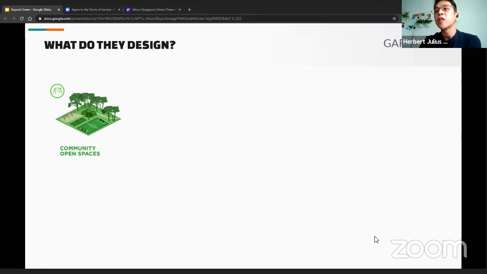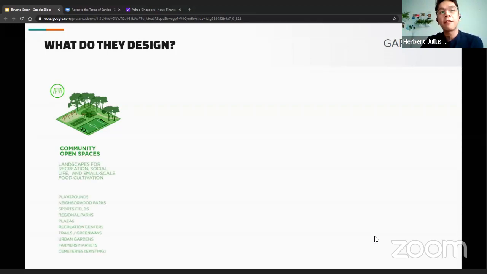In fact, one of the smallest in scale is the gardens, and beyond it, you go to playgrounds, neighborhood parks, sports fields, and expand even to regional scale plazas, recreational centers, urban gardens, even cemeteries. So you can say from the start of life to the end of life, we are able to have a touch on it as a space.